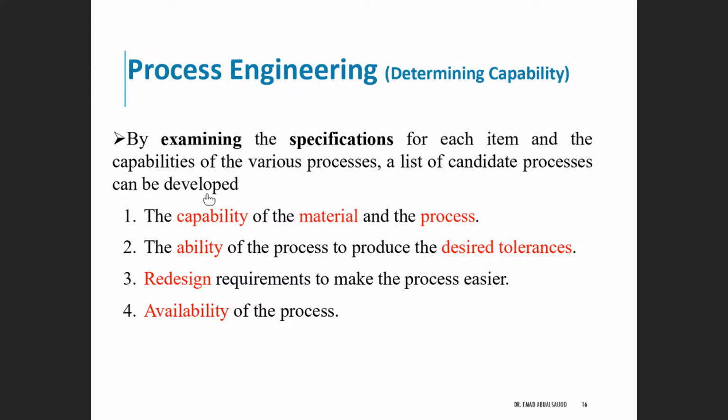The capability of the material and the process is the ability of the process to produce within the tolerance, redesigning the process if needed. And the availability means the operating time, or the total time where the process is available to produce a product or